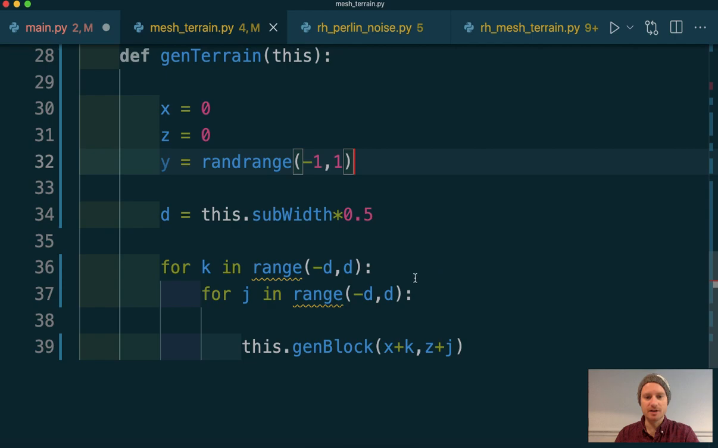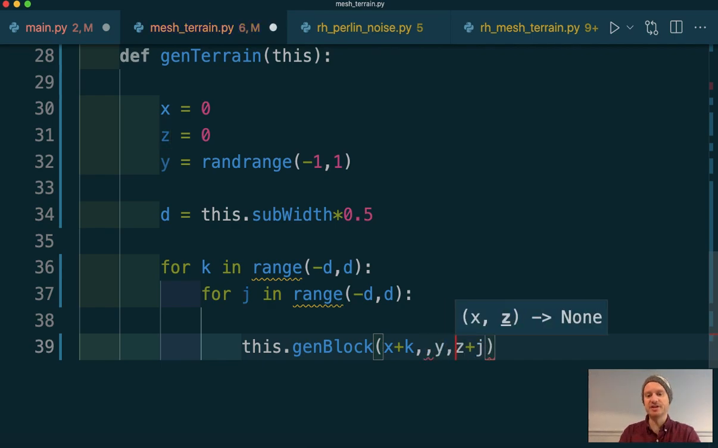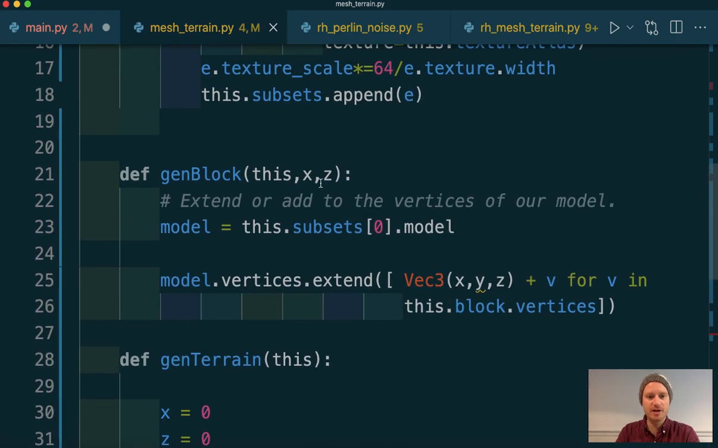Right. And then we want to pass into generate a block its x position, its y position in the middle, and then its z position. So then let's go back to generate a block. We want the x, y, and z. So now for each vertex of those 36 in the recipe in the blueprint for our block, it's going to